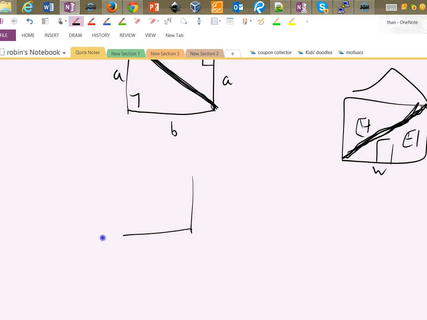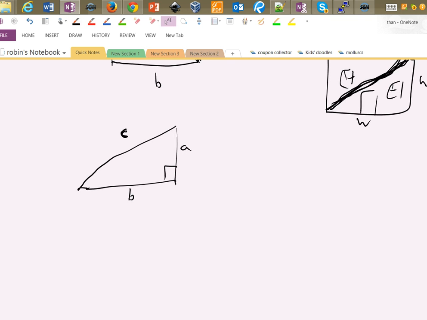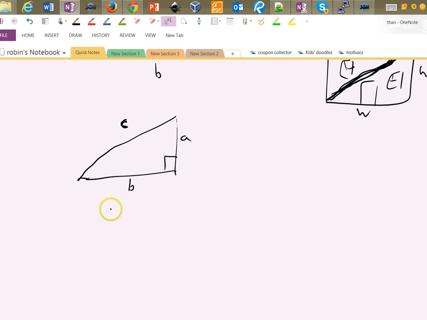I made the observation last time that when we have a right angled triangle here, if you've got side A and side B, this side C has got a particular fixed, well-specified value. I better put the right angle in there. Okay, so we've established that it's a particular value, and now we need to be able to calculate what it is. And of course, it's going to be some kind of formula. So this is